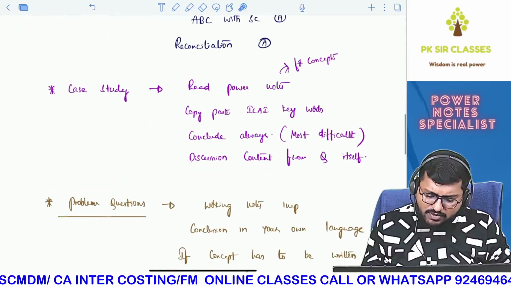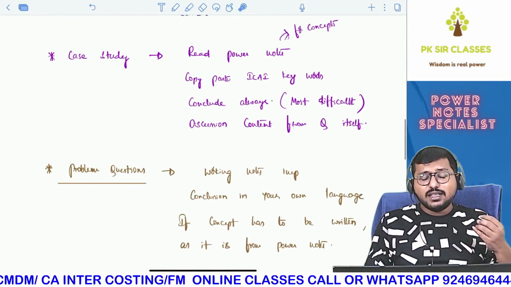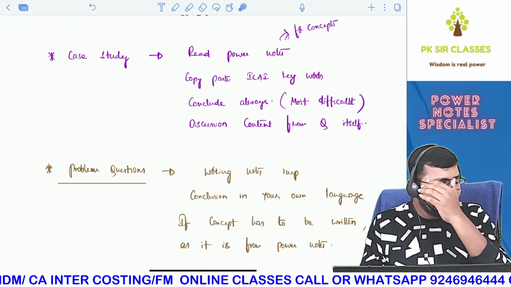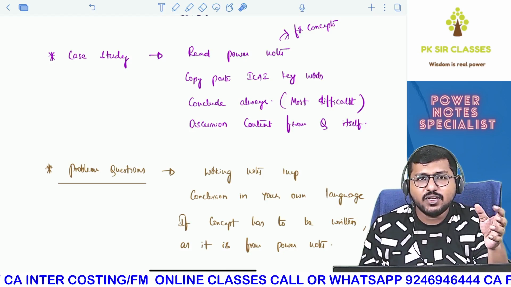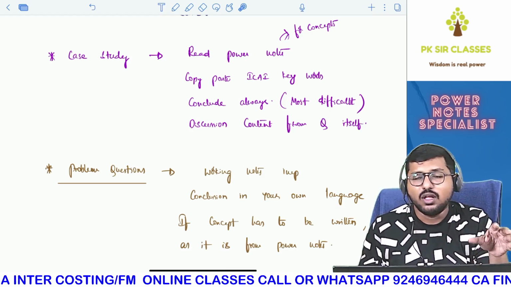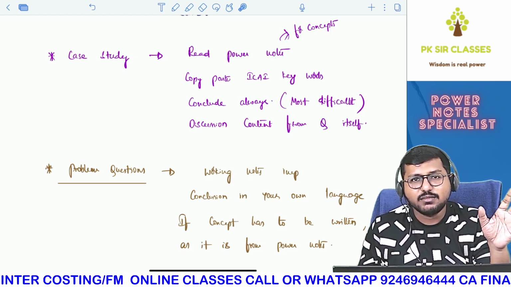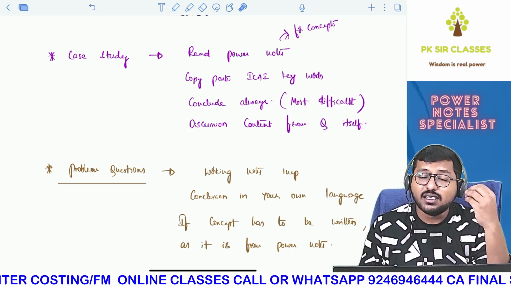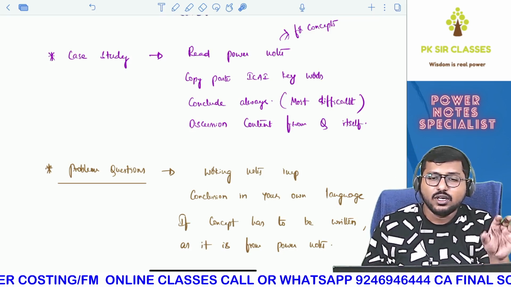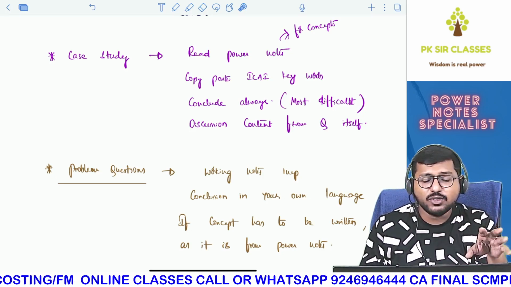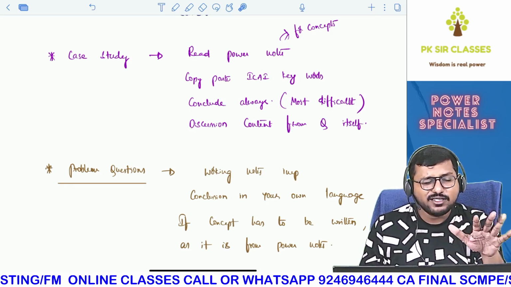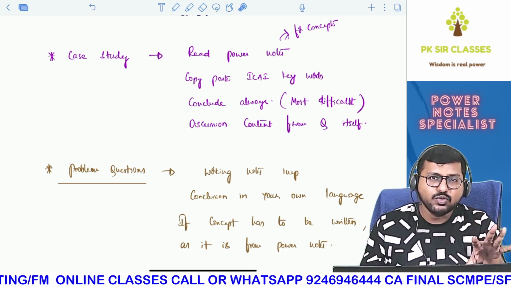Now, many students have personally asked me, sir, how to manage case studies, because in the recent attempt in group 2, in one paper too many marks were given and in another paper marks were not given at all. That is, in IDT too many marks were given. In SCMPE the marks were not given at all. Those who feel that you have written well and still you have failed, don't worry about that, because the correction itself was not done in the right way. It was too tight, actually.